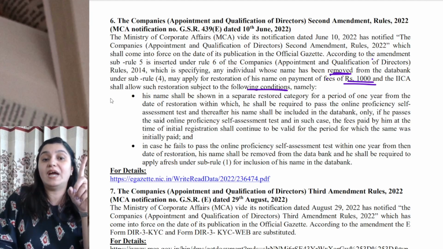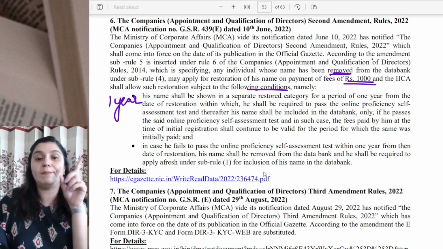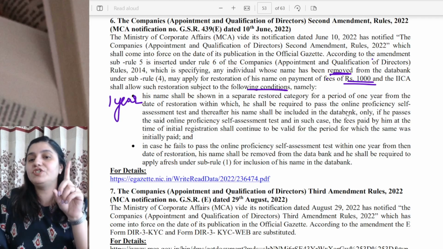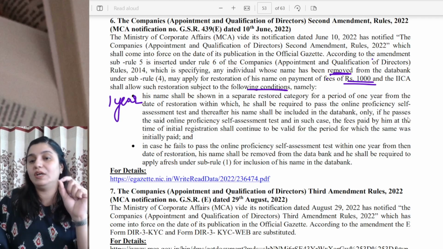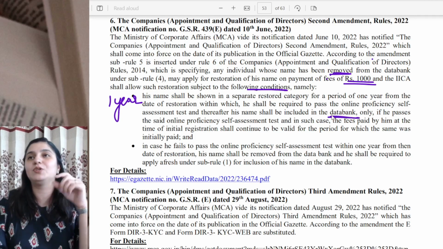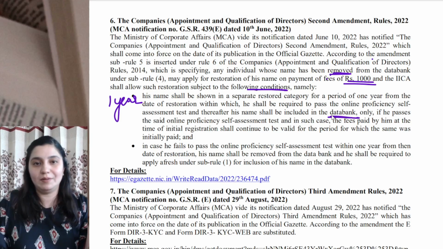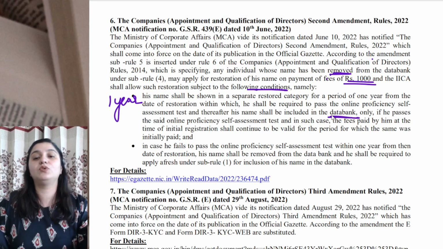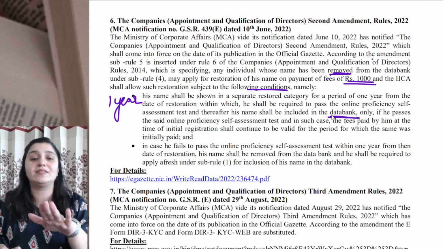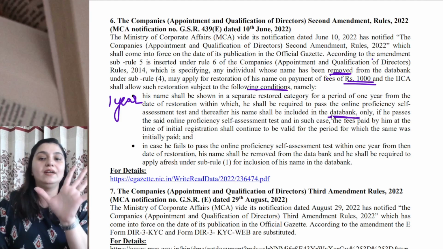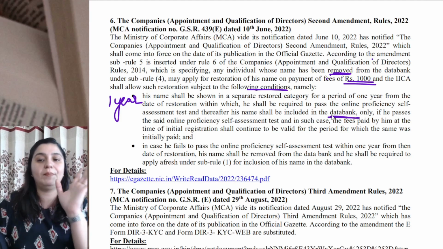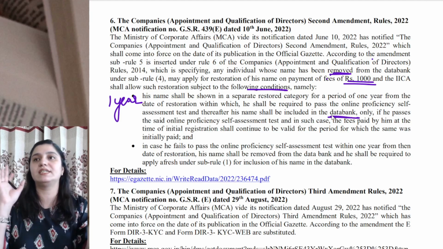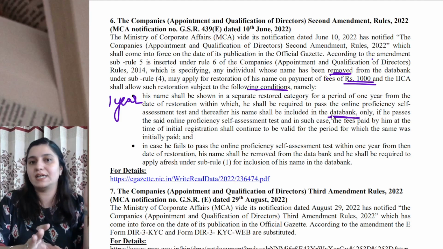For 1 year, that person's name will be shown in a separate restored category, and he shall be required to pass the online proficiency self-assessment test. Thereafter, his name will be included in the data bank. तो technically क्या होता था कि 1 साल का टाइम पीरियड मिल जाता था नेम इंक्लूड करने के बाद कि आप जो है अपना टेस्ट पास करो. तो उन्होंने बोला 1 साल तक पहले आपको अलग रिस्टोर्ड कैटेगरी में रखा जाएगा. The moment you pass the test, फिर आपको एक्चुअल सारे सबके साथ जो सारे इंडिपेंडेंट डायरेक्टर्स हैं वहां पे डाल दिया जाएगा. Only if he passes the test, because probably his name is there and he has not passed